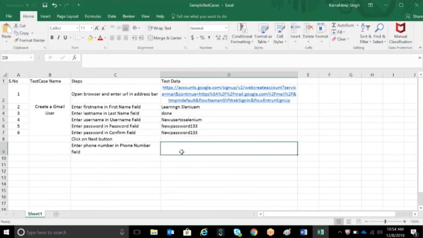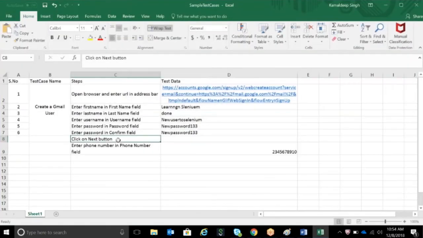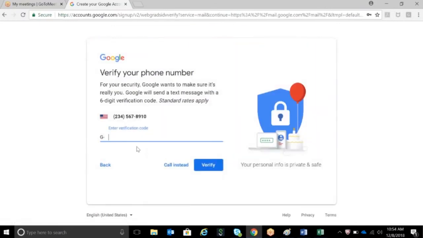Enter whatever, say 33 and 0. Okay, we entered that. We'll say, okay, click on next button again. Okay, it's not allowing me because it has that code to be sent and all those.